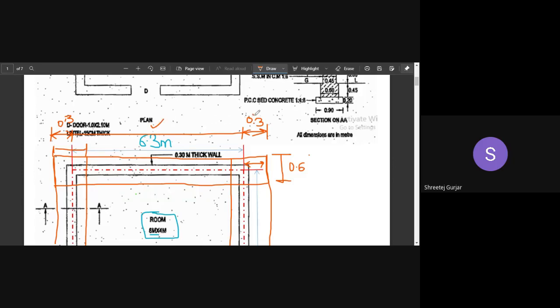So how much will the center line length be now? 6.3 plus 0.3 plus 0.3, for one long wall. So let us check: it is 6.9. Half of your width we have to add, and that is how you get the length 6.9. The width is 0.6 and the depth is 0.45, both mentioned in the section itself. Multiplying by the 2 long walls we have: 2 into 6.9 into 0.6 into 0.45. What we get is 3.73 meter cube.